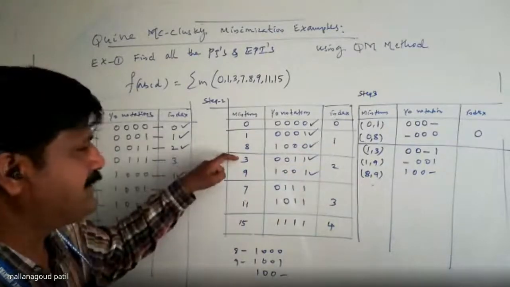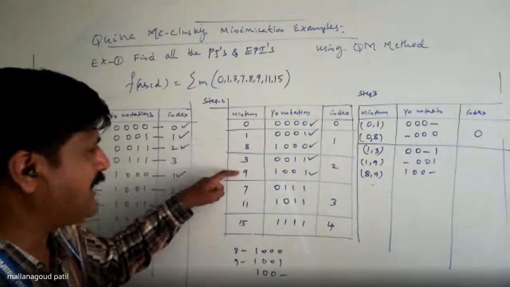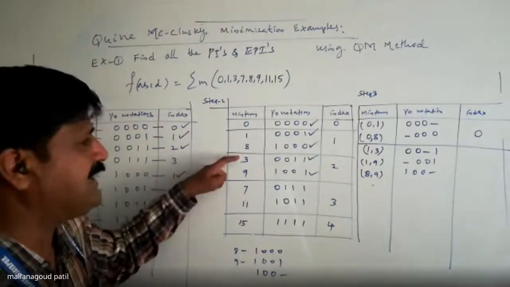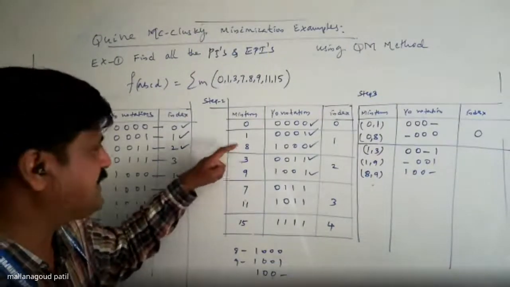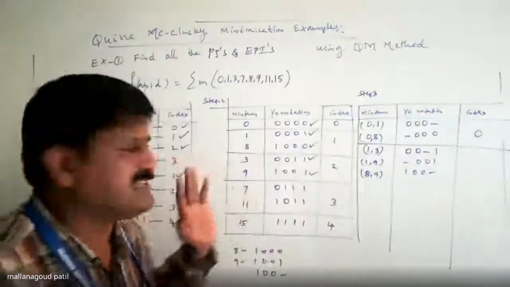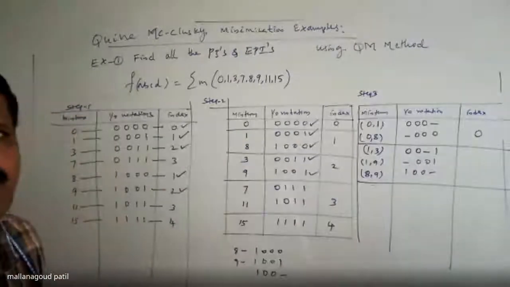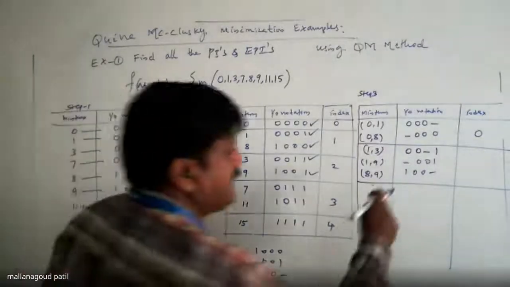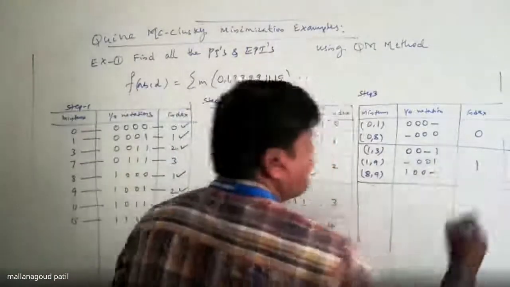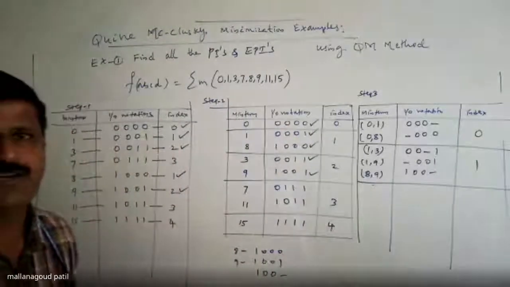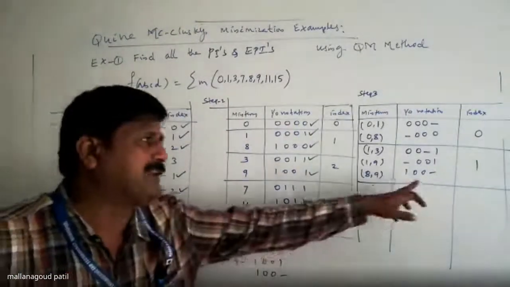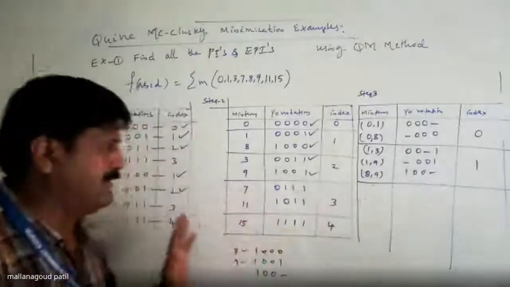1, 3, logical adjacent. 1, 9, logical adjacent. 8, 3, not logical adjacent. 8, 9, once again logically adjacent. Then I have a horizontal line. Now the index of this block will be 1 because of the number of ones available in the term. It's okay. The prime implicant terms for the higher notation will be 1.